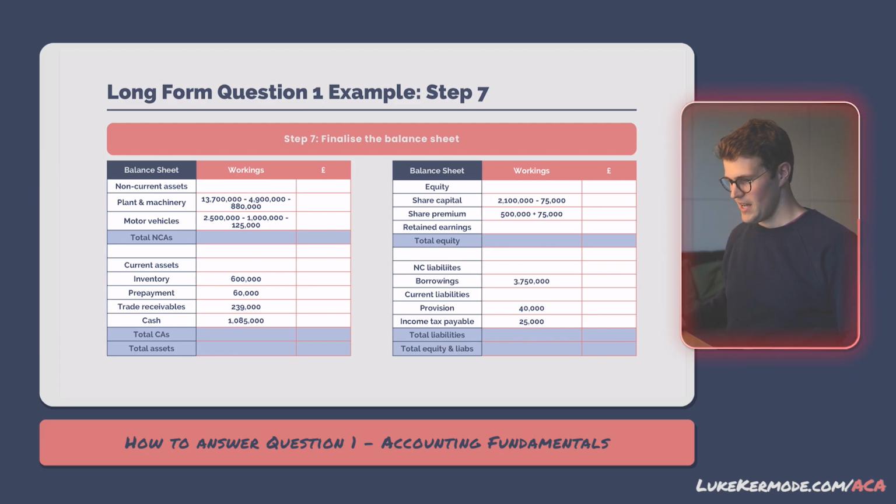So in step 7, we're going to bring everything together and finalise the balance sheet. Let's work through the asset section first, and then we'll populate equity, then liabilities, and finally we're going to confirm that our balance sheet is in balance. So let's start with non-current assets, plant and machinery. The carrying amount equals 13.7 million less 4.9 million less 880,000. That equals